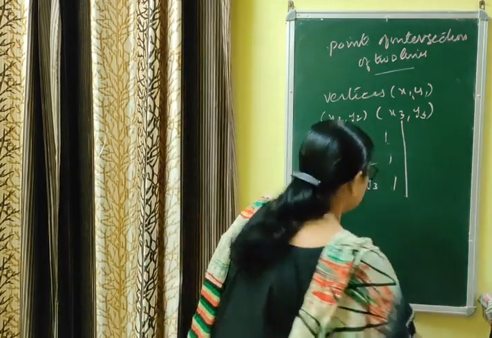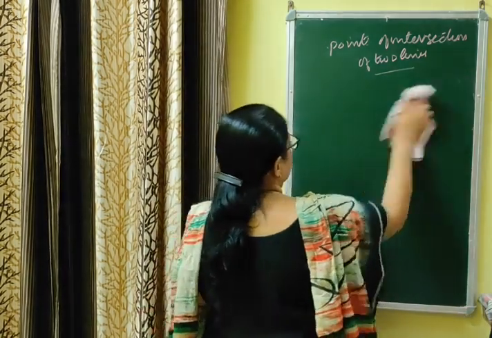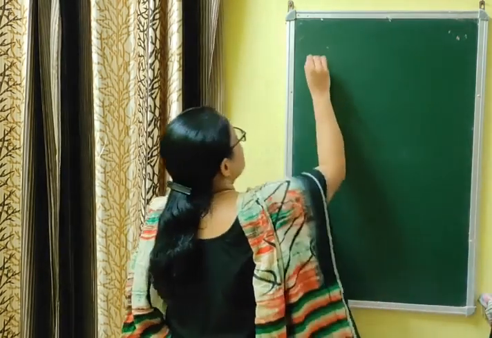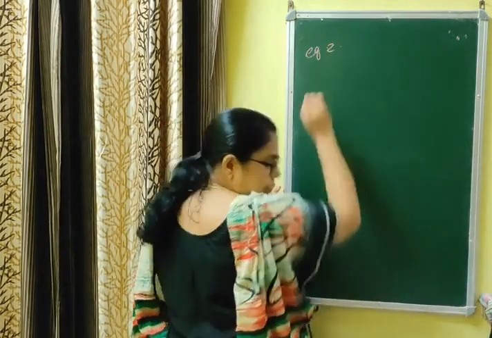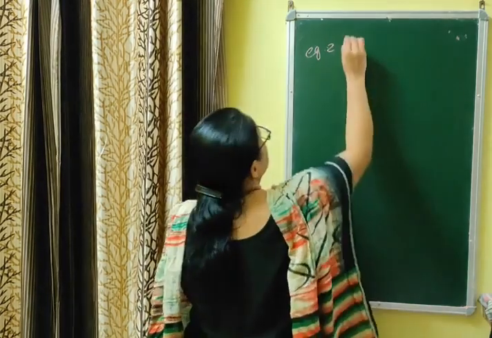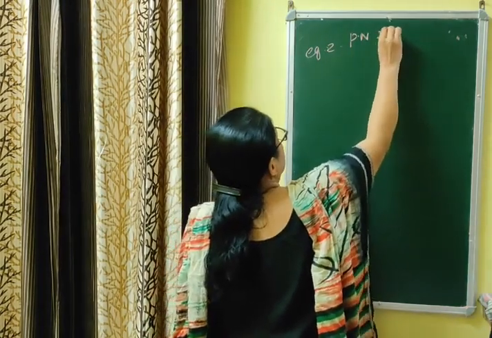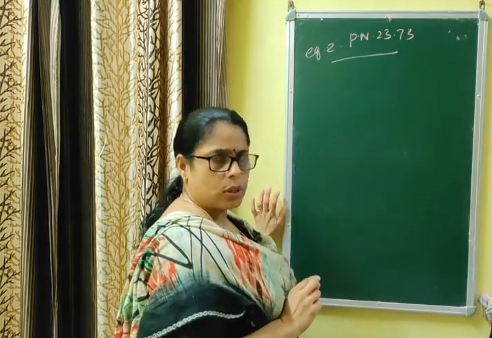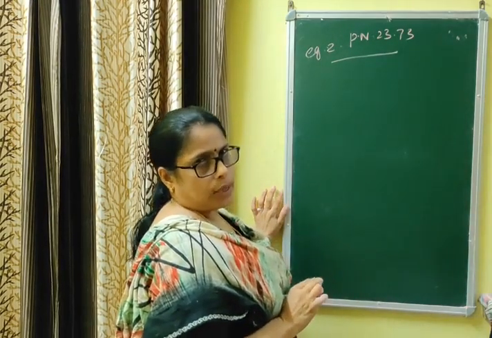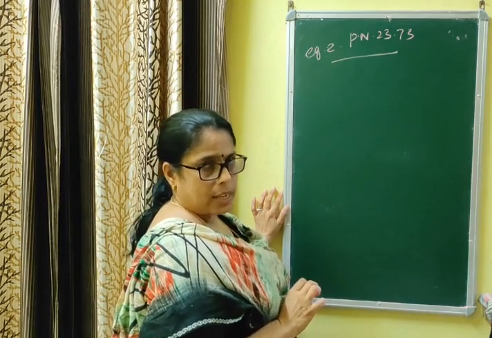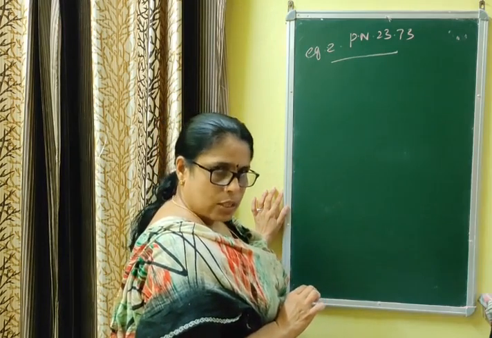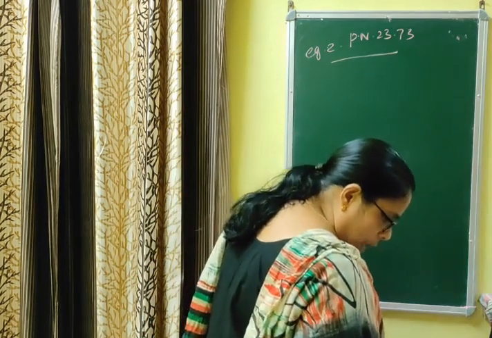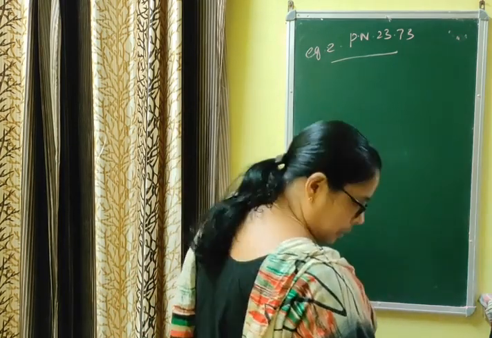Now I am doing a question, then you will get a clear idea about that one. That is example 2, page number 23.73. If you can do unsolved questions also, it is good, but at least you have to do all the exercises of the NCERT book with the miscellaneous exercise as well as all the solved examples. That is very essential. I am reading the question. Example 2 of page number 23.73.